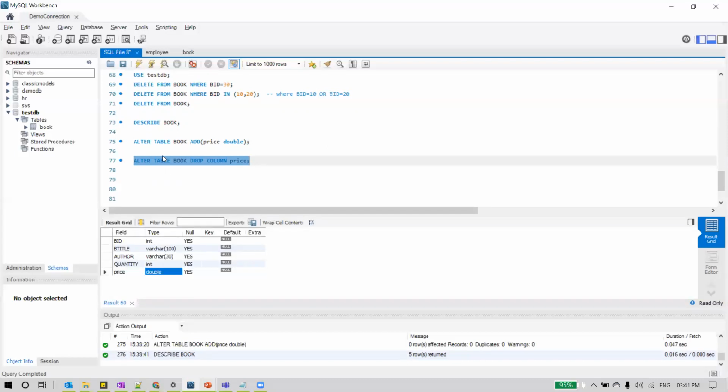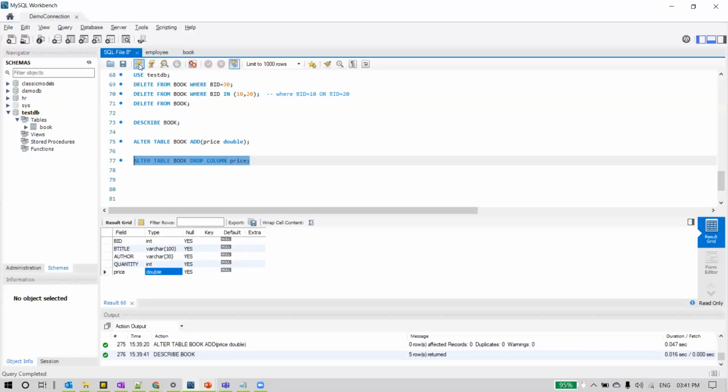Alter is used to modify a table. Alter table book means we want to modify something in a table called book. What we want to modify inside this table, we specify using drop. So we want to drop something. Then column price. We want to drop the column with the column name price, and remove it from the table. This is how we need to specify the command for it.